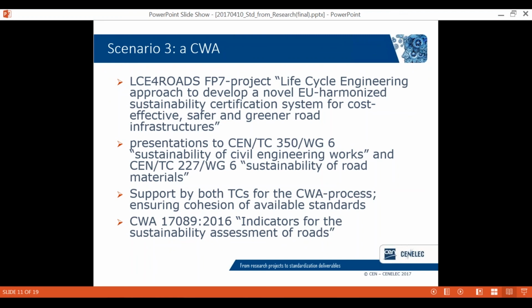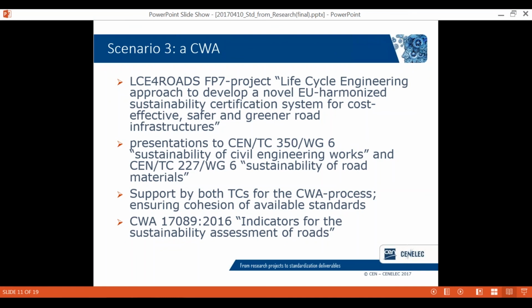Considering the links with other ongoing work in TCs, a careful approach was needed. First, UNE investigated the standardization landscape and went to speak to the CEN technical committees involved in the subject in order to ensure that they understood where the links were with the TC work. And then, having ensured the support of both technical committees for the work, the CEN workshop agreement process started in 2015 and the CWA was published in November 2016.